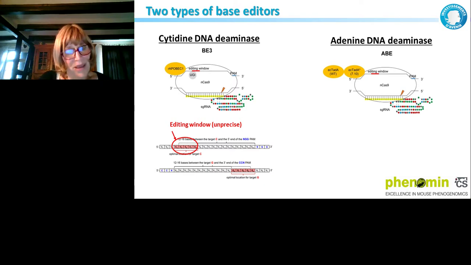That is not really precise, but it is presented as an editing window located 12 to 16 base pairs from the PAM sequence. If you use adenine deaminase, the principle is exactly the same, but it's a little bit more complicated because they had to fuse two domains, but still that's the way it works.